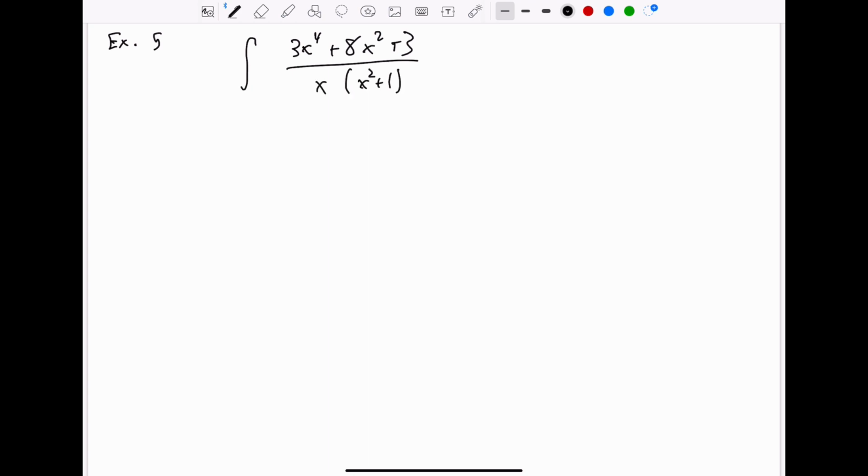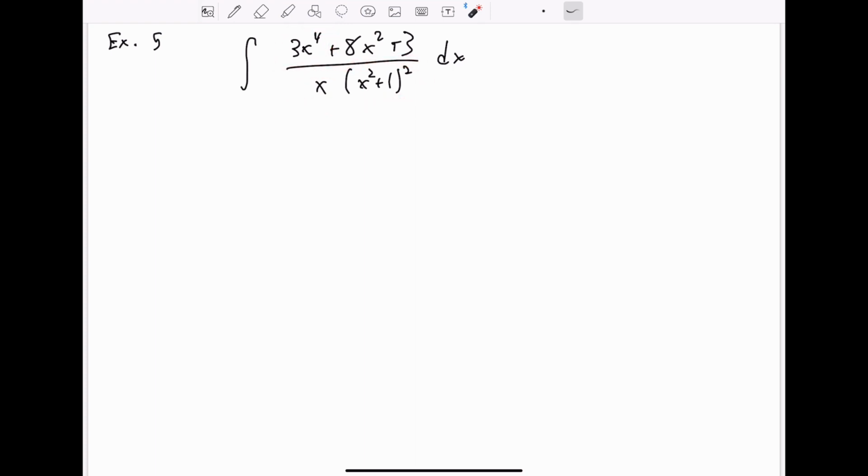plus 1 quantity squared. First thing we want to do is double check that the degree of the numerator is less than the degree of the denominator. At first, it might not look like it. But if you think of expanding out this x squared plus 1, we would have an x squared times x squared, which would be x to the fourth. Multiply the x to the fourth by this x. The denominator actually has a degree of x to the fifth. So the degree of the denominator is greater than the degree of the numerator, so we can proceed with partial